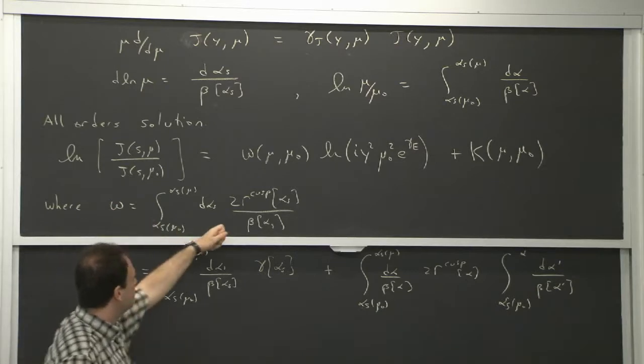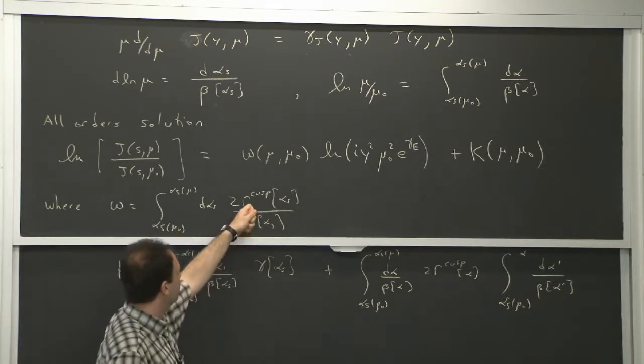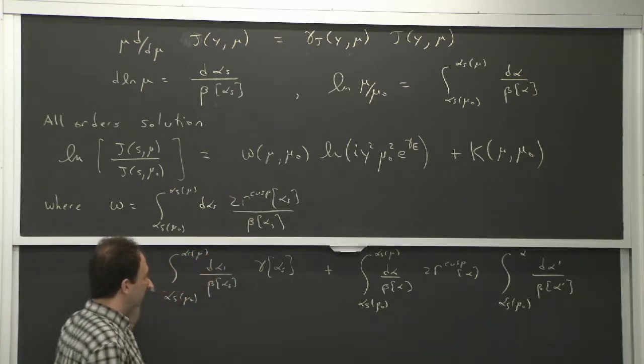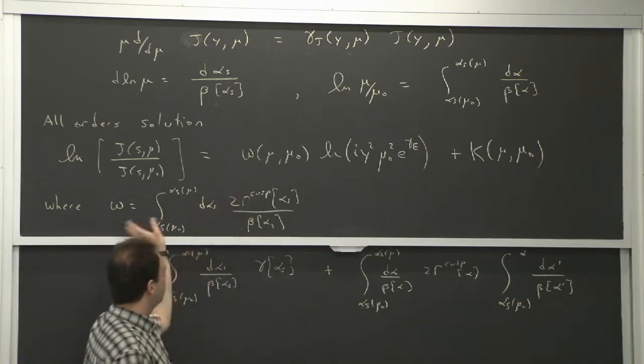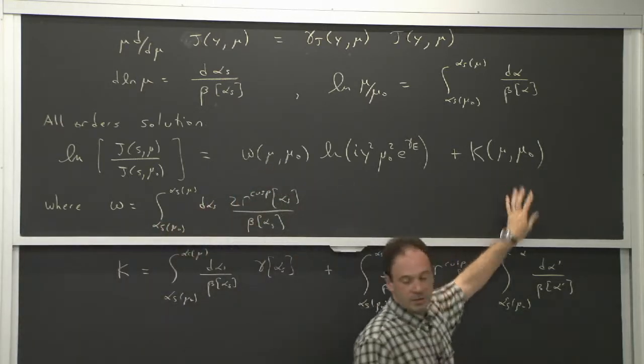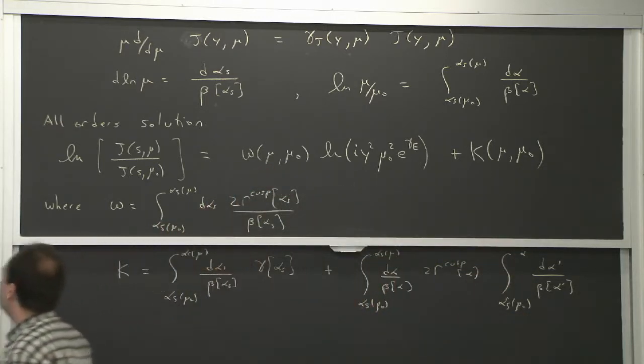Of course, we don't know these functions to all orders. We only know them up to some given order. And so whatever order you want to work at, you plug it into this formula, and then you can do this integral, and then you figure out these factors here. And those factors are summing the logs. In the case of the jet function,